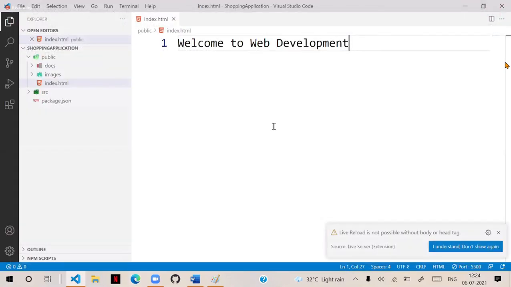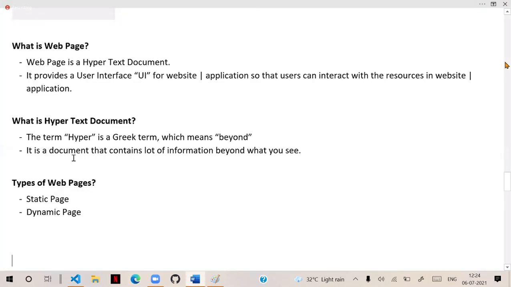For that, we need to learn the language. Before that, we need to understand what a static page is, what a dynamic page is, and what the difference between static and dynamic pages is. And we will start working with these pages and designing the pages. For that, we have to learn the language HTML now. What is HTML, how it works, what is static, what is dynamic, all these things we will discuss in our next session. Tomorrow we will do that, okay?